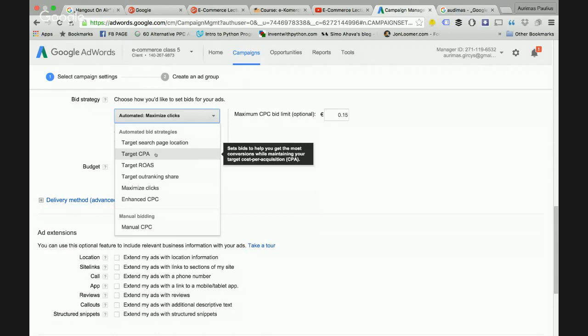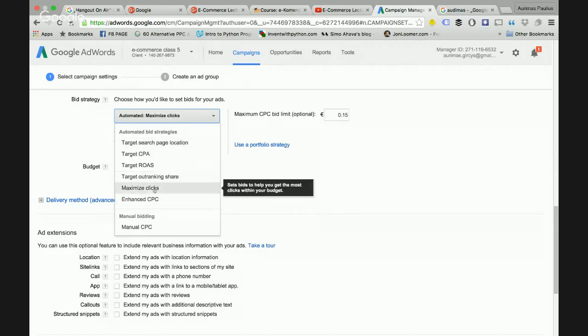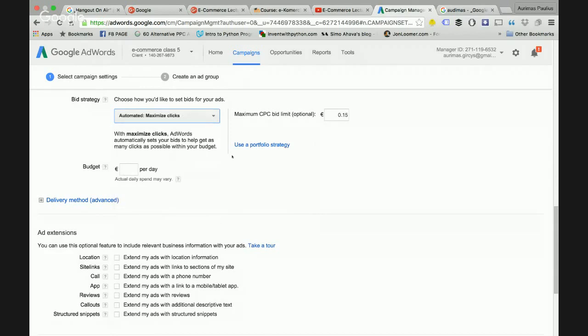So target CPA is good, but that's somewhere in the future. In the beginning, we start with basically the automated campaigns, which might maximize traffic for clicks. This one is also very important. So budget per day, it doesn't have to be like 5 euros. You can set it 30 euro cents or 20 or whatever amount, but I usually tend to set 1 euro at least,